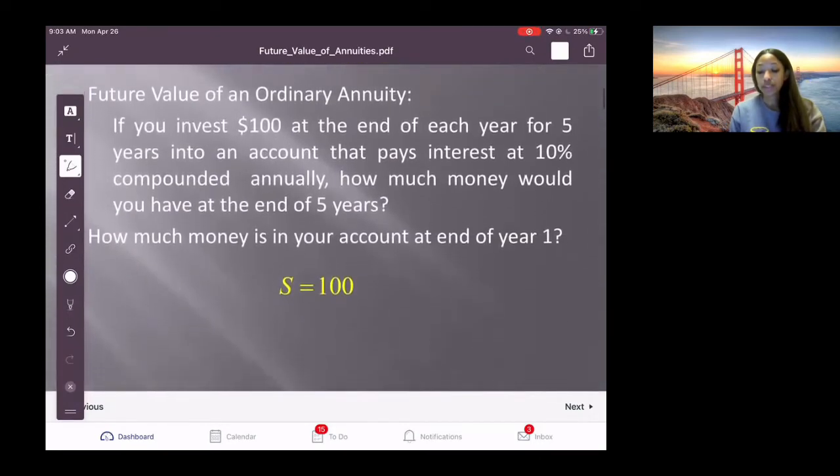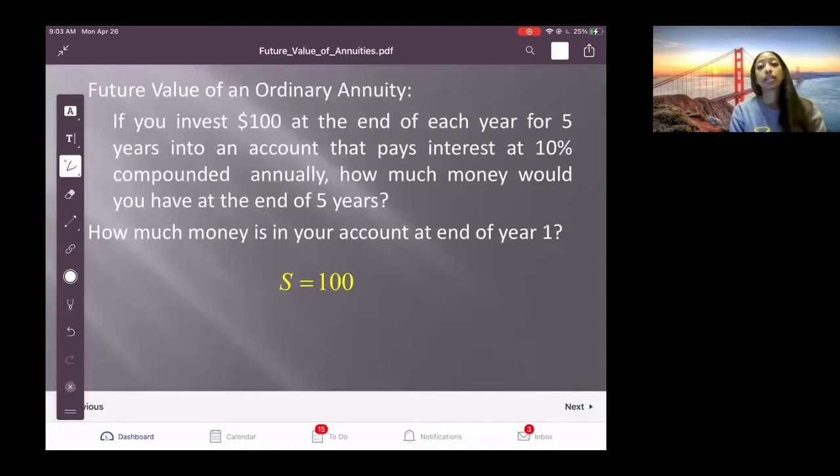So we'll start off with a very simple example. And this way, you can kind of understand what's happening with each of your annuity payments, and then we'll see how the future value is actually calculated. So we'll start off simple. We're going to invest $100 at the end of each year for 5 years into an account that pays 10% interest compounded annually. So this means at the end of every year, we're going to add 10% of the amount that's in the account